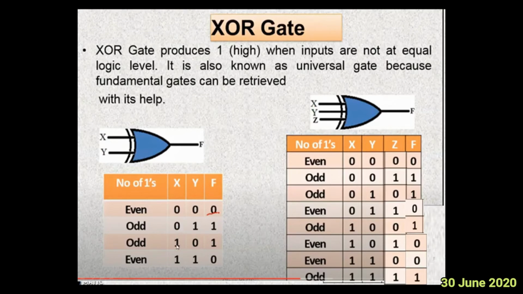Another term I can write is X Y bar. So my expression will be X bar Y plus X Y bar. Similarly, if I start writing the expression here, it will be too long, isn't it? First term will be X bar Y bar Z bar. Next X bar Y bar Z. Then X bar Y Z bar. X bar Y Z. X Y bar Z bar. X Y bar Z. X Y Z bar. X Y Z. This is the total expression for the exclusive OR gate.